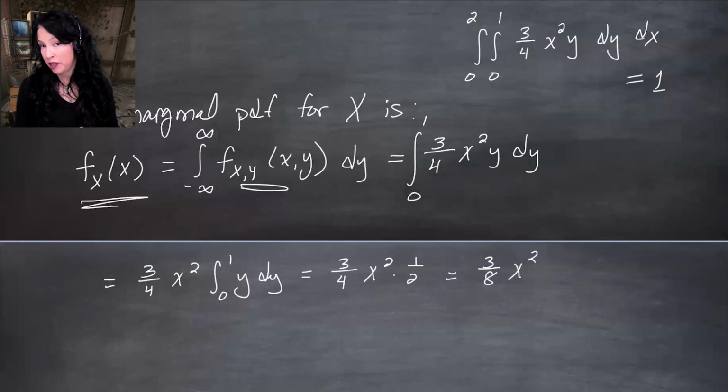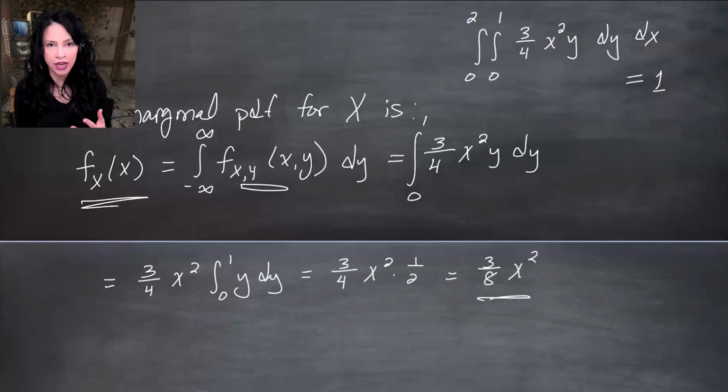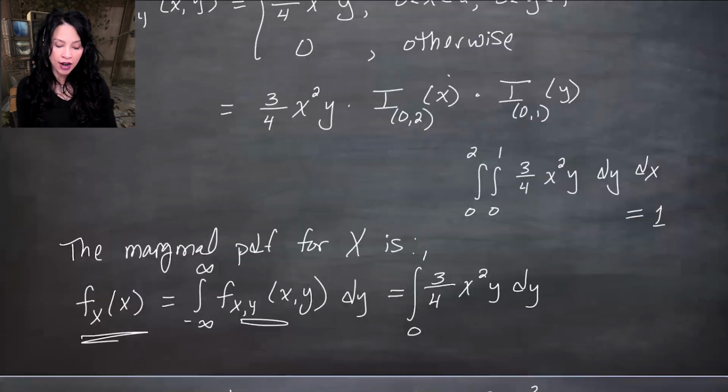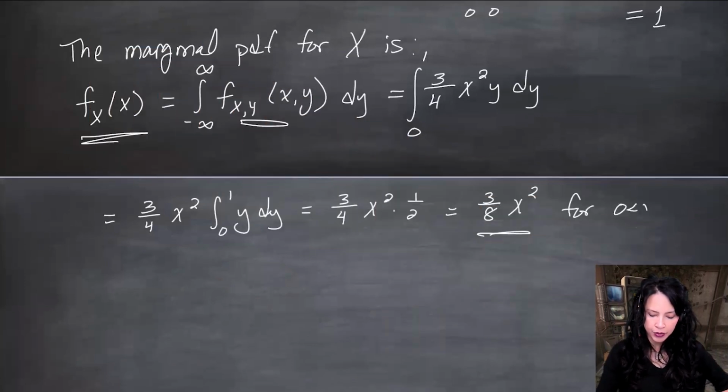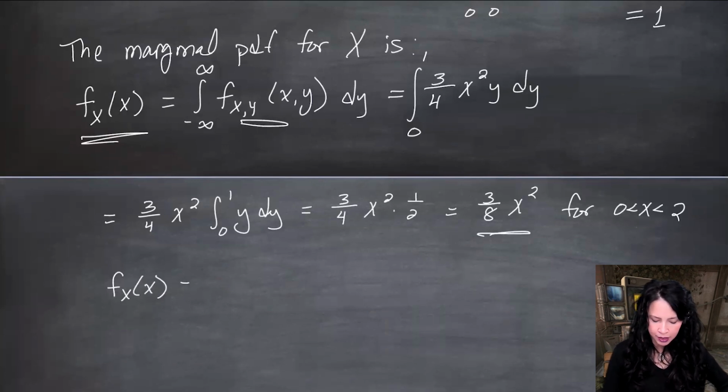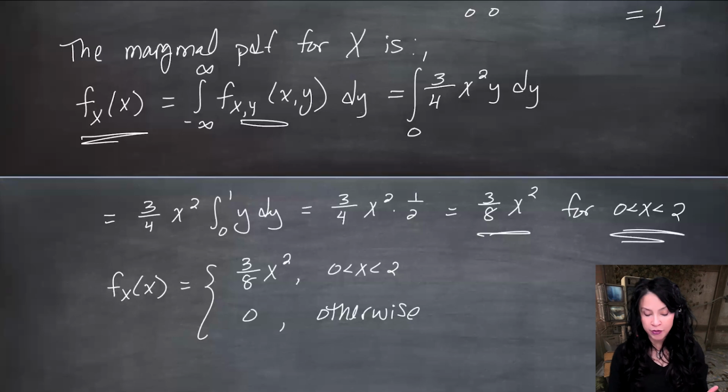Now, this is supposed to be the marginal PDF for x, but you're not finished. This is not a complete answer. You need to give the values, the support, for this distribution. Our x's ran between 0 and 2 here, so this is for x between 0 and 2. The ending answer here is going to be that we get 3/8 x squared for x between 0 and 2, and we get 0 otherwise. So don't forget this on the homework problem or something. If I'm asking you for a PDF, either a marginal or some PDF from some transformation, you're not finished if you haven't given the support for the distribution.